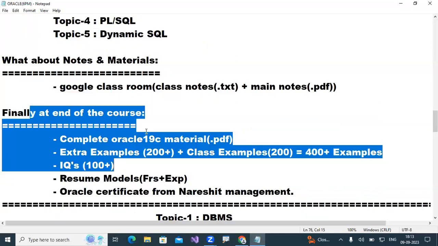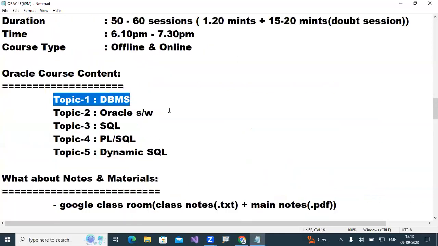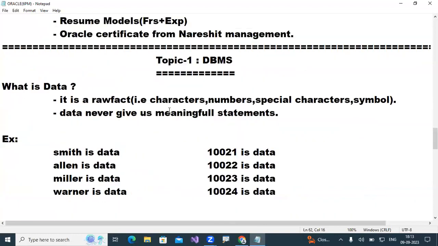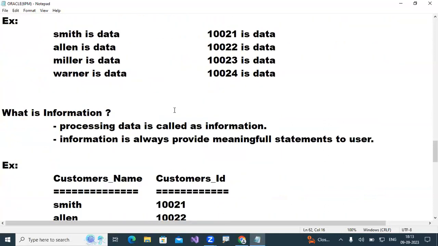Yesterday we started topic number 1, DBMS, with very basic terms. We discussed 2 terms: what is data and what is information. Information means when users understand what it is exactly, and you can say this is so and so.